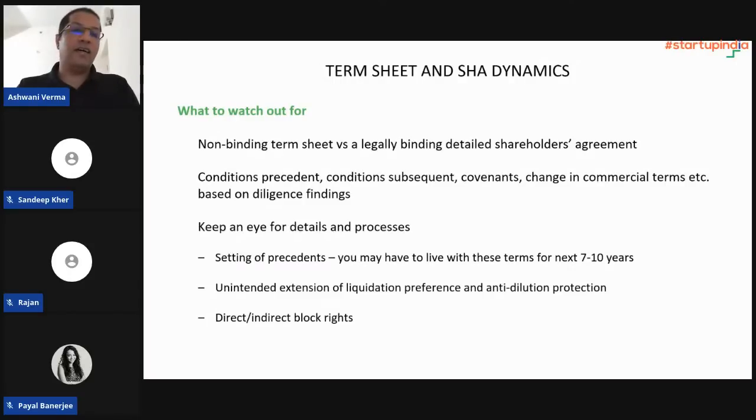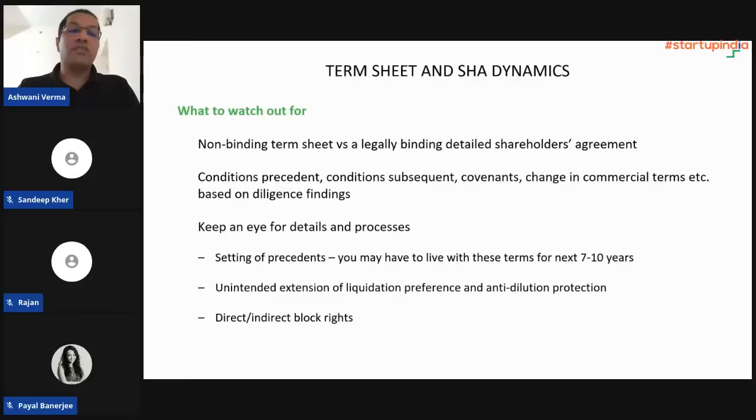A term sheet is definitely a non-binding indicative term subject to which an investor is willing to make the investment. The certain detailing part comes at the shareholders agreement stage, or the share subscription agreement which we use in Surge investments, which is a legally binding document. So founders should not get surprised if the one-page term sheet is followed by a lengthy, detailed shareholders agreement. This agreement sets out all the terms in detail because there are a lot of processes involved, and